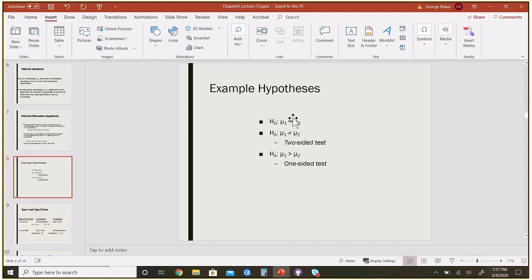So we can have two different forms of hypotheses. One is that they're equal, and then the alternative hypothesis would be that they're not equal. Another one is that it's greater than or less than. So an example of this would be if I ran an experiment and I wanted to